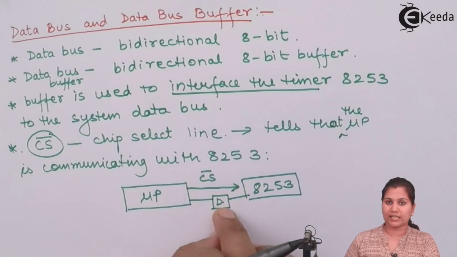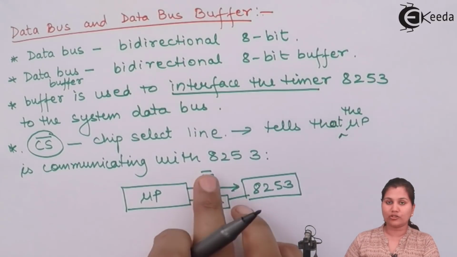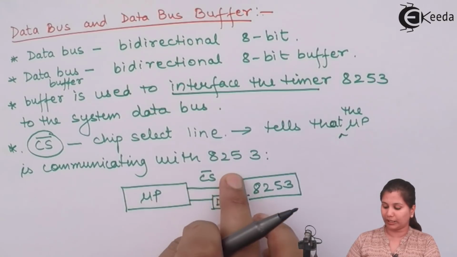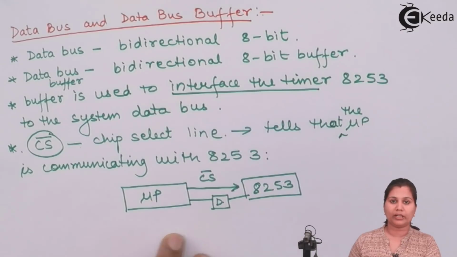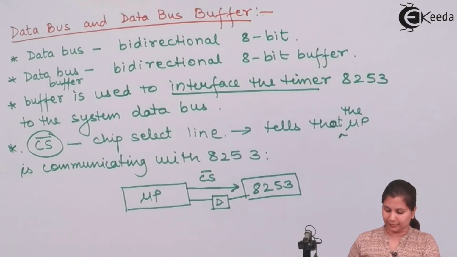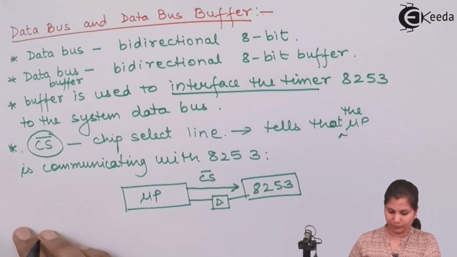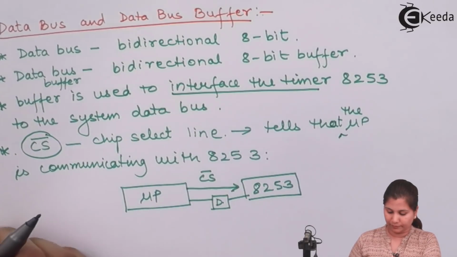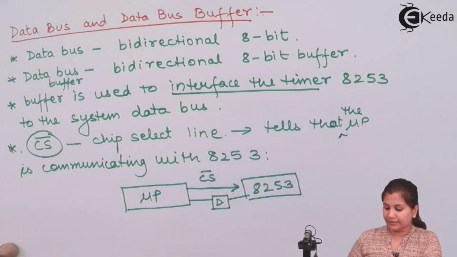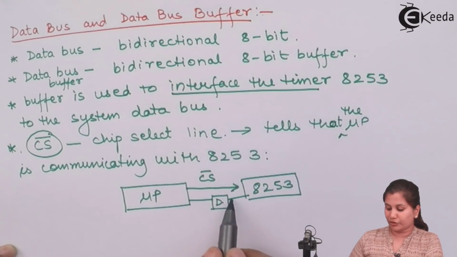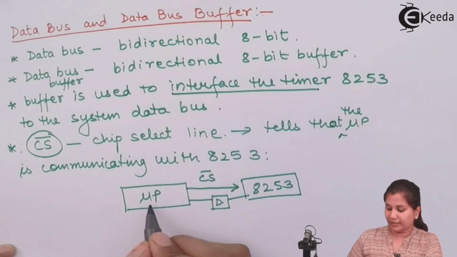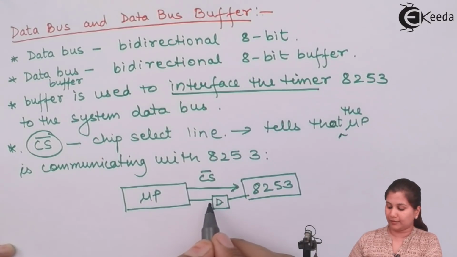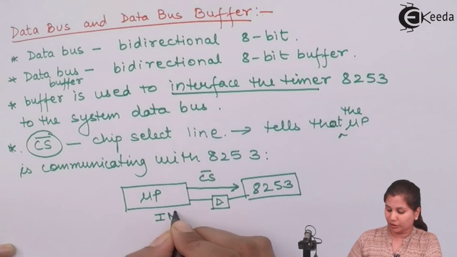So the operation of this data bus buffer is controlled by the chip select line. If it is low, then only this buffer will act. If it is high, then this buffer will go into the high impedance state. So we can say that this data buffer is controlling the transmitting and the receiving of the data between 8253 and microprocessor. Now when the data is transmitted by the microprocessor by the IN and the OUT instructions,